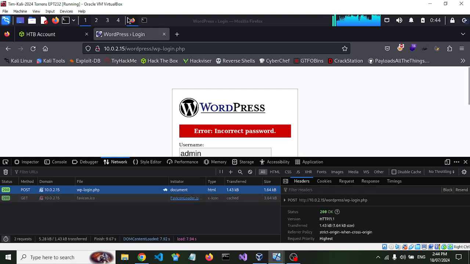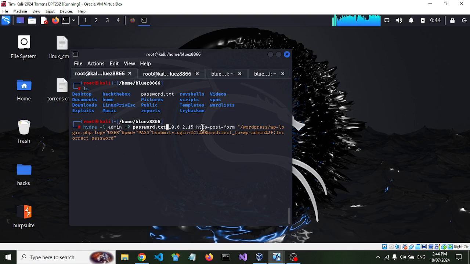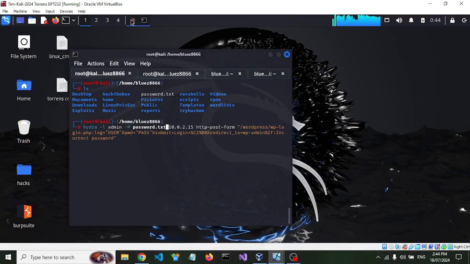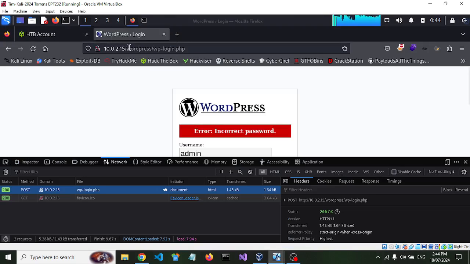So that's why we've got HTTP post form, and then you've got in quotes, it's WordPress, and then wp-login.php, which is the page it's going to find this WordPress login. So we've got that,